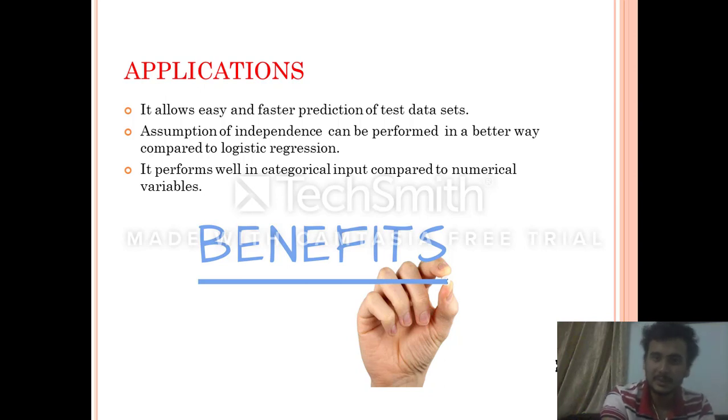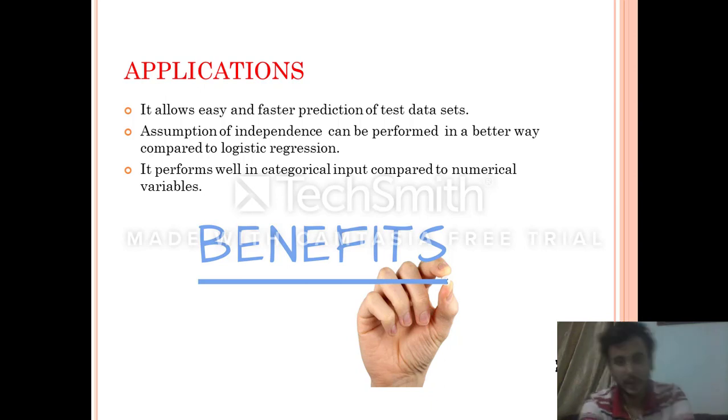The assumption of independence can also be handled in a better way compared to logistic regression. The main difference between logistic regression and the Naive Bayes algorithm in calculating probability is that logistic regression is known as a complex method, a linear classification method which is used to calculate probability, whilst the Naive Bayes algorithm is a simple algorithm which calculates the probability easily compared to logistic regression,